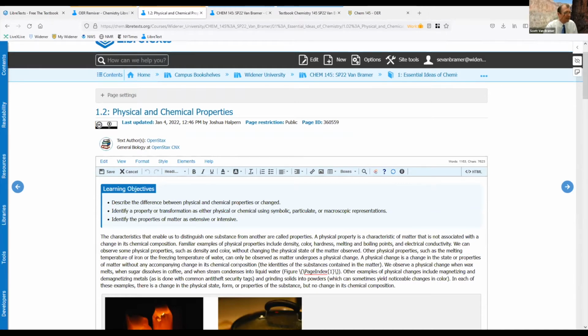Any pieces that I don't like, I can delete. If I've got a better picture, I can add it. So this lets me not just remix, but also completely rewrite it. And so all of the pet peeves, the things I don't like, the outdated language that's in most textbooks, I just fixed it. And this is super easy. I rebuilt a whole textbook for my course in 3 days over winter break.